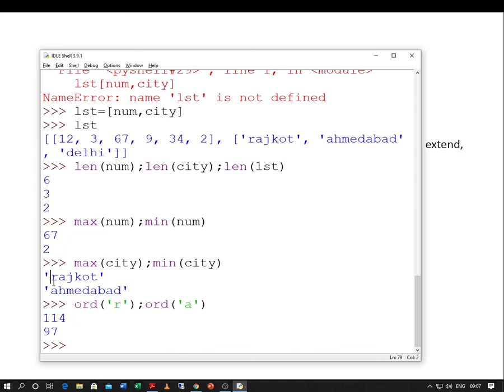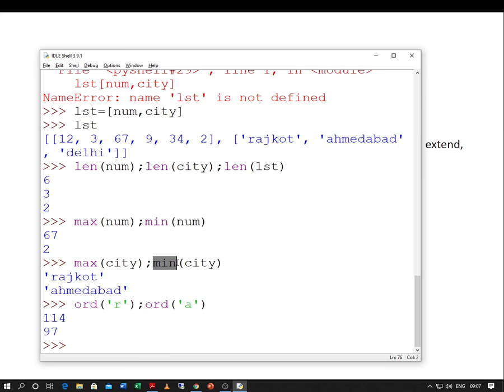It will just check the ASCII value of the first character for all the 3 cities. It is maximum for Rajkot, so it will print Rajkot. It is minimum for Ahmedabad, so it will print Ahmedabad for min function.